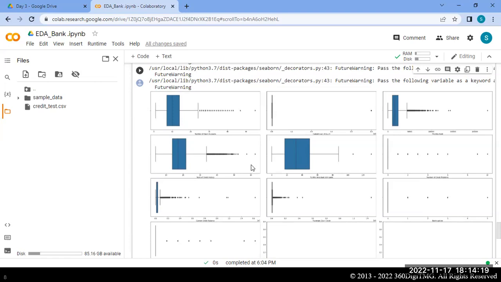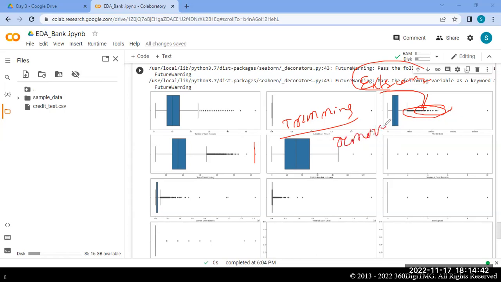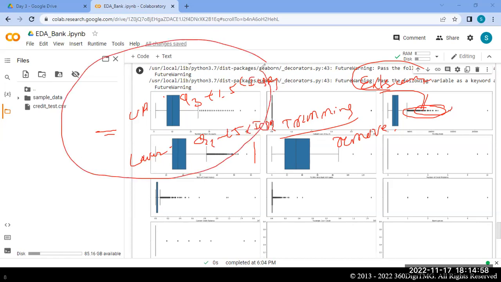When you have outliers, we have seen there are two techniques. One is trimming. Wherever you have extreme outliers, whatever data that is not similar and has very different values, in that case, we can remove it completely. Or, as we just discussed, use the upper cutoff range and lower cutoff range, that is, Q3 plus 1.5 into IQR and Q1 minus 1.5 into IQR. So you can replace with these values.